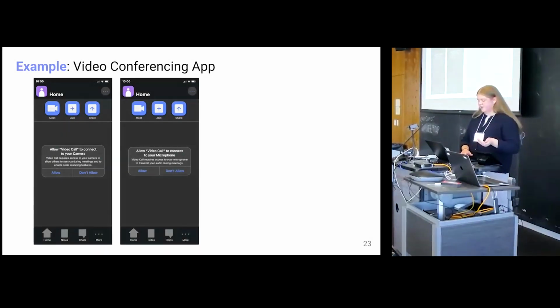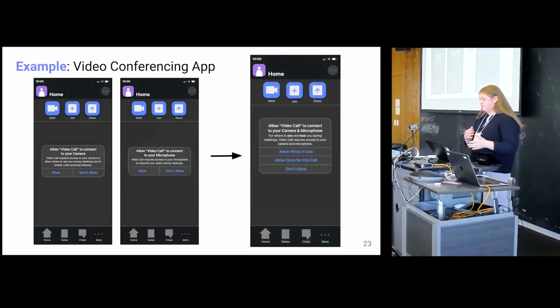So on our left side, left or right, I don't know, we have our two original prompts that would appear back to back, and then our newer prompt, which could be consolidating both our information. I'm going to wrap up. But here we're able to see that we're highlighting "while in use." We're still highlighting "allow while in use" and also mentioning our "allow once" for calls,